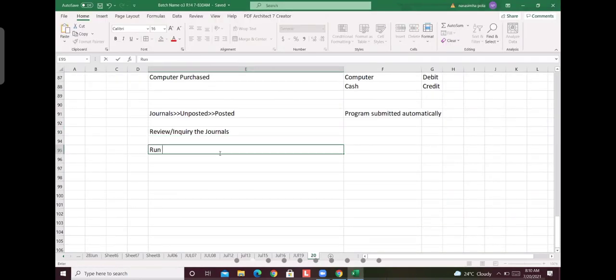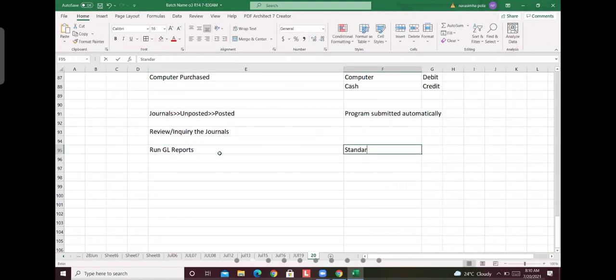Run GL reports. We can call them standard reports. Now the client will ask us, Narsim, my users entered journals and posted. I want to print the journal. So what do I need to do? So simple, go to reports and run it.